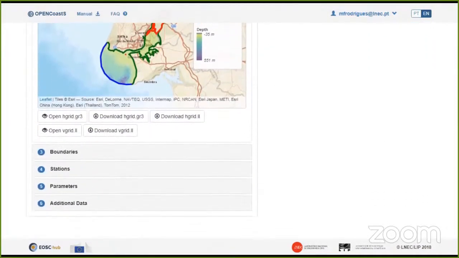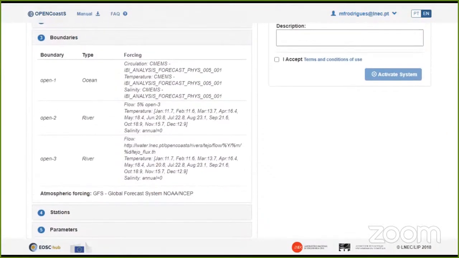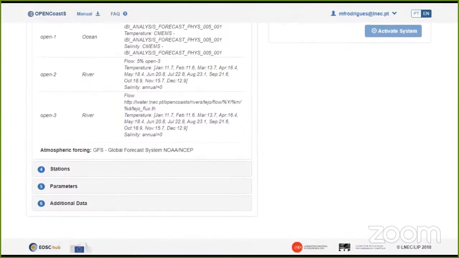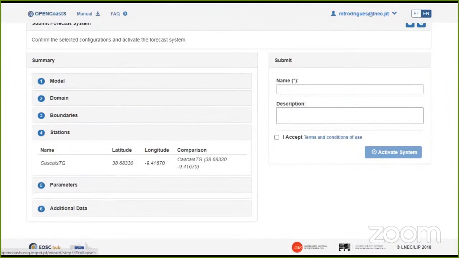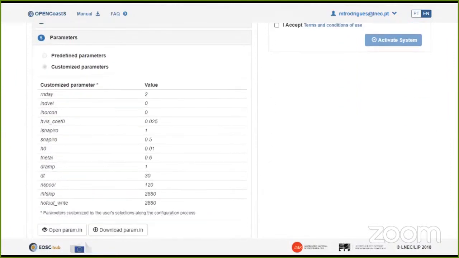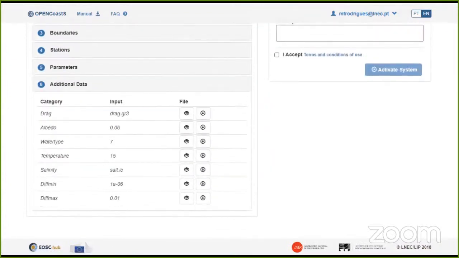We can also review the choices for the boundary conditions, the stations that were selected, and the parameters. And here you can also see or download the param.in file, and finally the additional data. Again, we can either see or download the files.